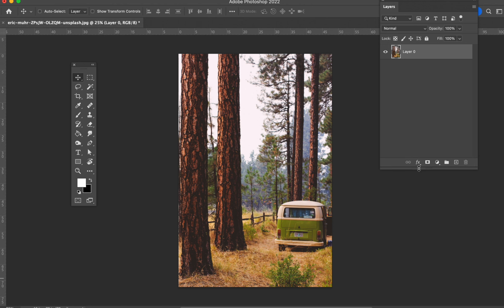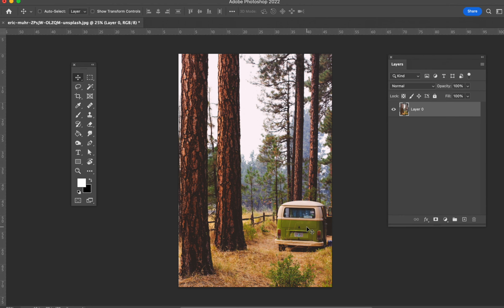What do you do if you have a picture you really like, but there is just something in the way, something you wish was not in the picture, such as this van? I'm going to show you two really good ways to go about removing things from a picture very seamlessly that requires very little work. This is the first one,